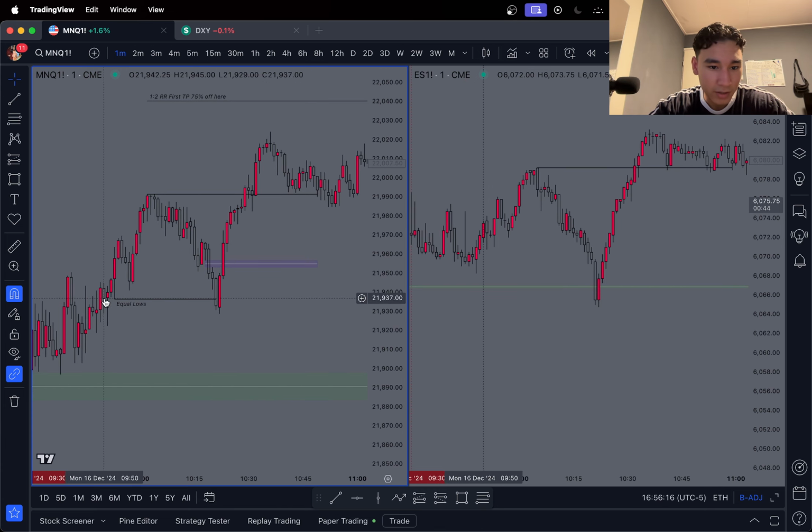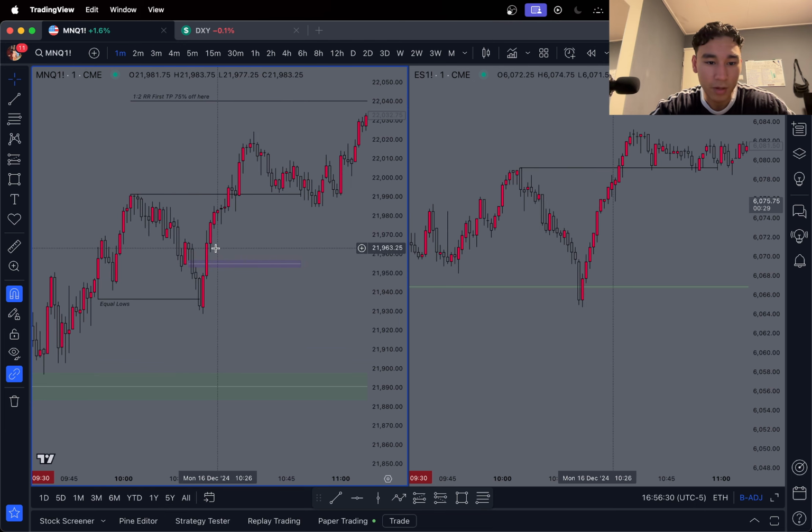And then what we did here, yeah, taking equal lows, then we have one singular SIBI here in this entire leg. We do have one here as well. This one got closed fully in, so once this gets fully closed in, then this is a balanced price range, so only the first one, that would be an entry. And I'm expecting for us to trade through all of this because this is all balanced. And then this was my entry.